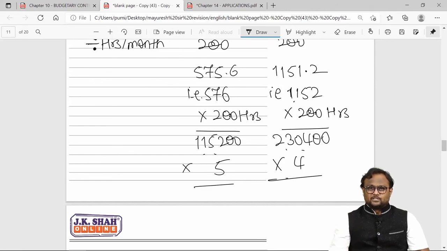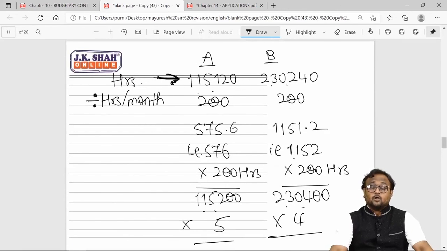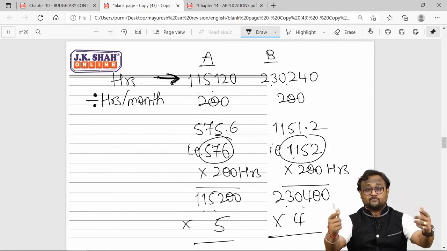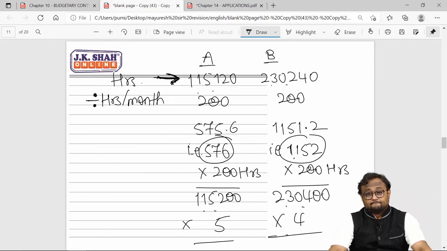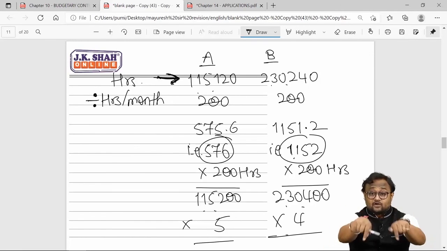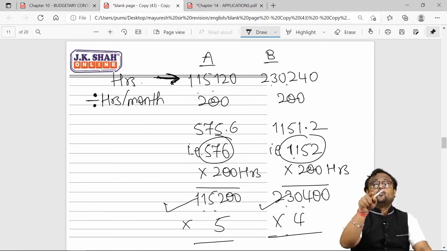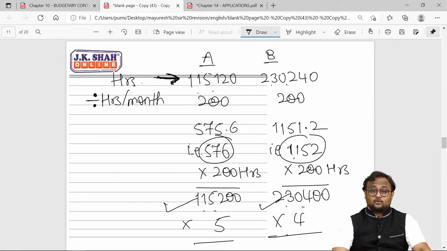Then we applied production budget in a normal manner, consumption budget in a normal manner. In case of labor, I realized that so many hours were required to be worked. Oh, each worker can work for 200 hours. Okay, so so many workers are required to be employed. I have to go to the higher side because otherwise there will be a shortfall. But now each worker will be paid for 200 hours. So my total payment for the current year, my outflow of the current year, will be for 115,200 and 2,30,400